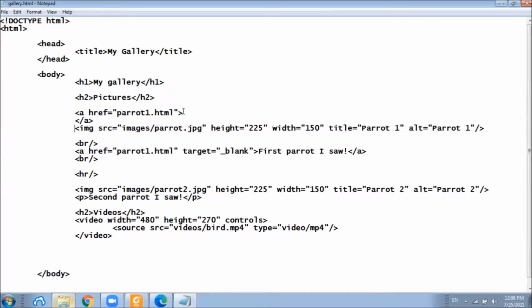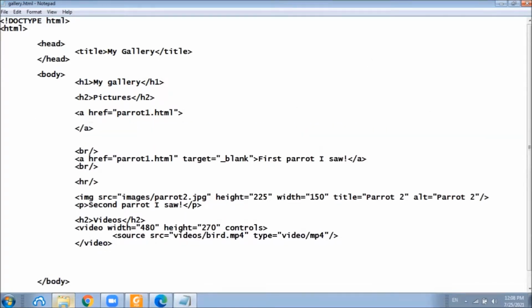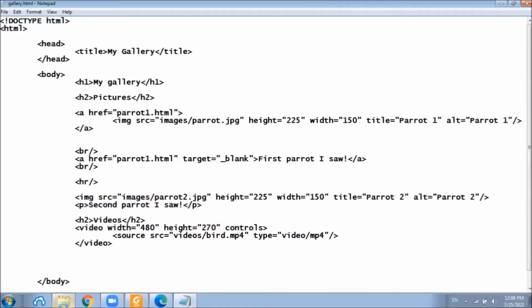And if we place this image tag inside the anchor tag, this image will become a hyperlink.